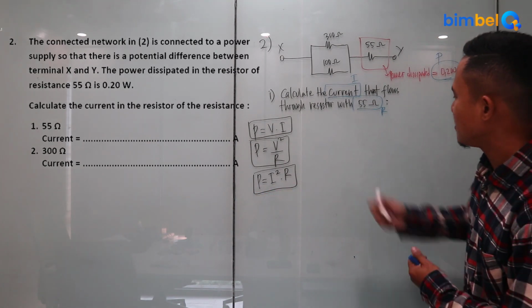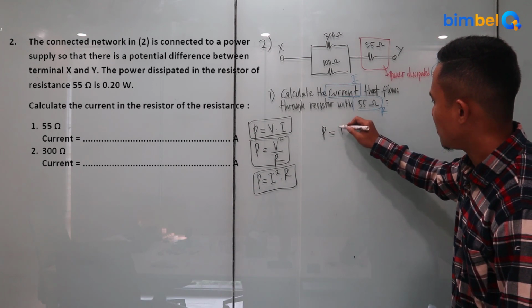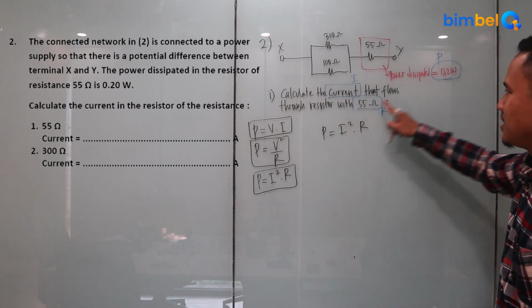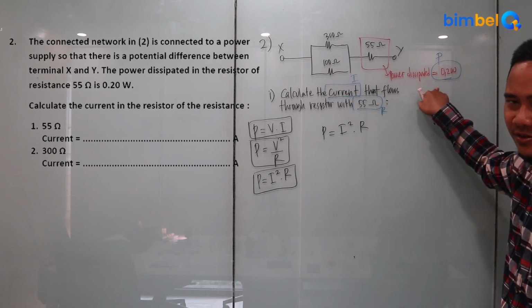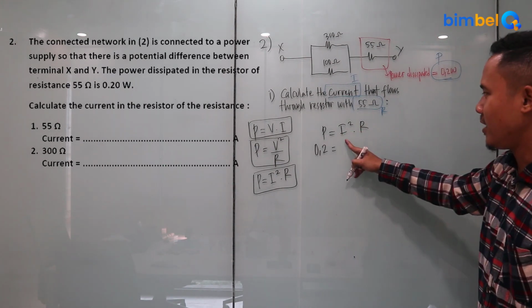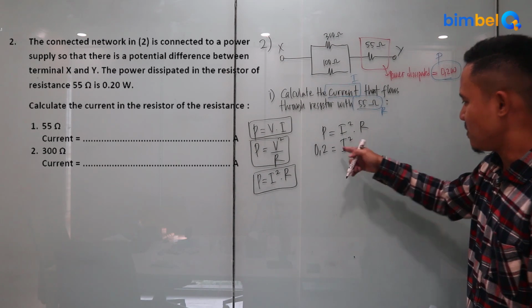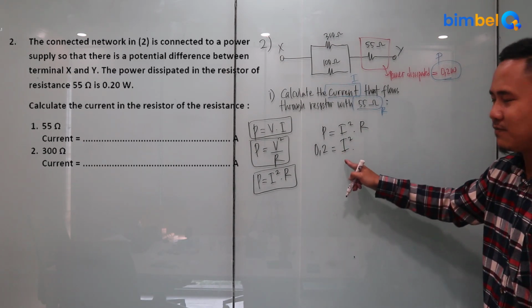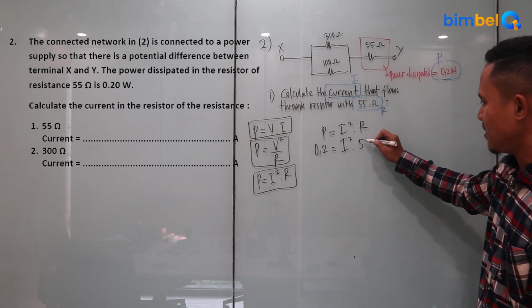So we can start writing P equals I squared times R. The value of P is very obvious here, 0.2. I is unknown, since we need to find this value, and R is 55. So,